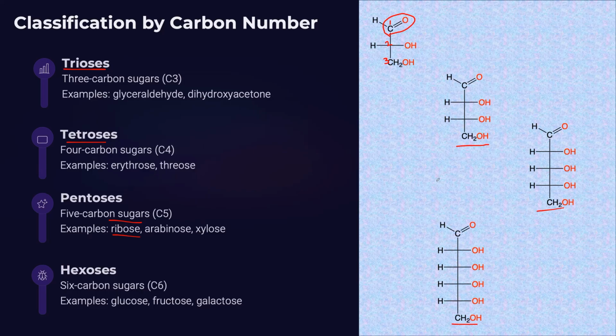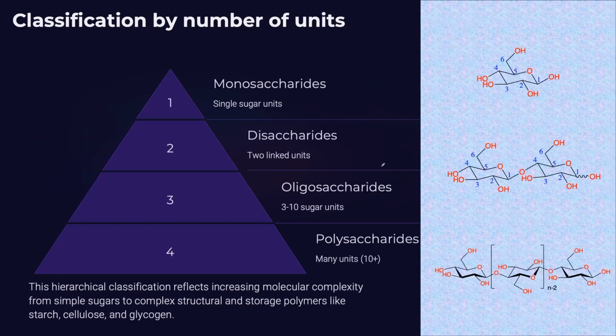So there are multiple ways of classifying carbohydrates. The first applies specifically only to monosaccharides. And as we move on to higher structures, we can classify them based on number of units. Here I show a cyclic structure, and we will come to that detail in the second part. If you have 2 of those units linked together, then it's a disaccharide. If 3 to 10, then they are oligosaccharides. If more than 10, then that is a polysaccharide, this being the structure of cellulose.